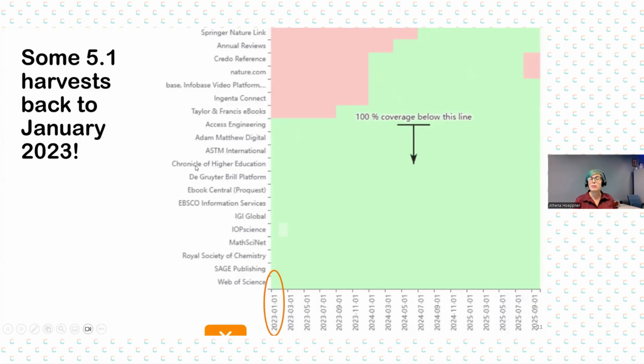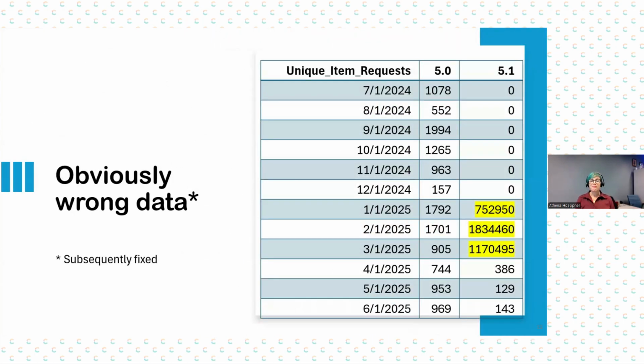It's just a little bit all over the place. So there's no real consistent start date for how far back the harvest went for 5.1. Now, here's one example that I only found one that was really, really obviously wrong data when it harvested in 5.1, and it happened very early on in the year. So I won't name the vendor that had this happen, but I see that it went for my unique item